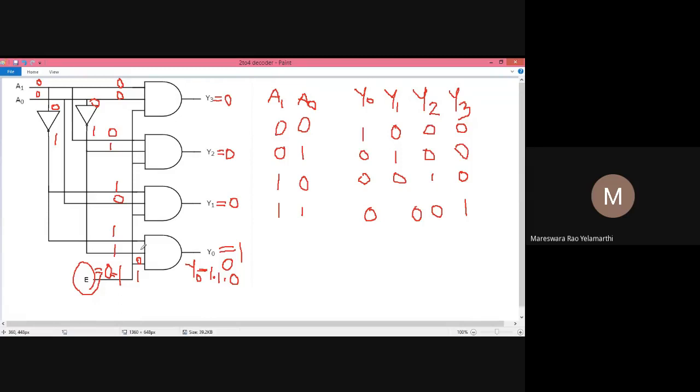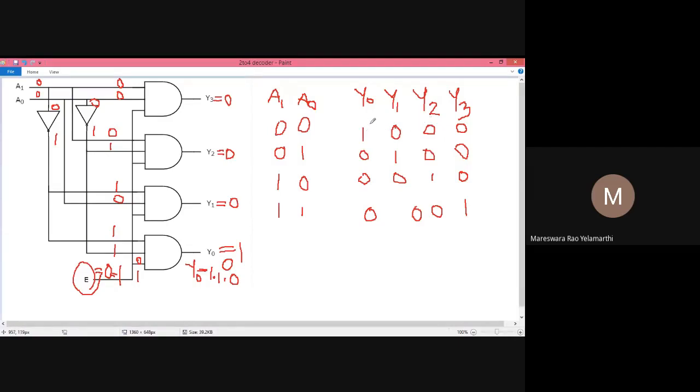So one more thing I am going to discuss with you all. This is the forward logic. If you go for the reverse logic, then see here, instead of this, all the ones become zeros and zeros become ones. The output 1 becomes 0 and 0 becomes 1 if you use an OR gate.